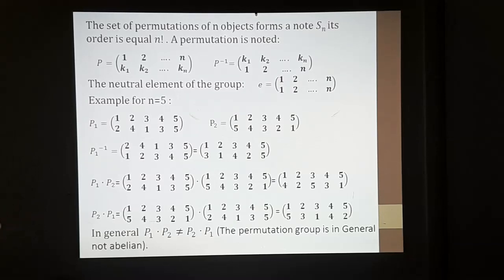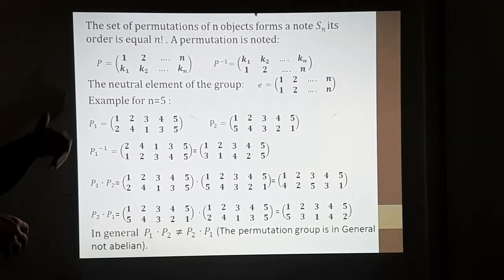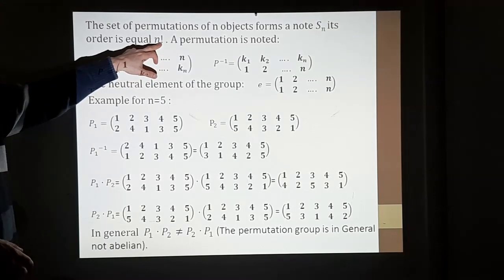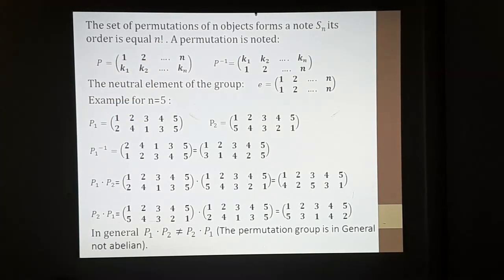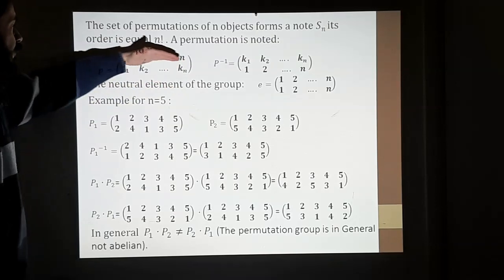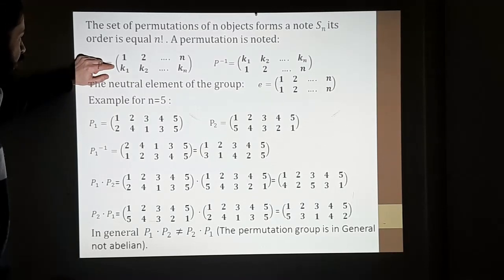Now, if we consider the permutation of an object, this also forms a group that we note as S_n, and the order of this group is n factorial. So a given permutation of an object is denoted by 1 to n for the first line, k1, k2, kn. This notation means that